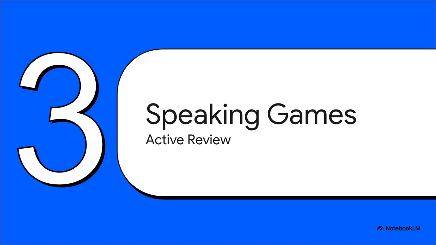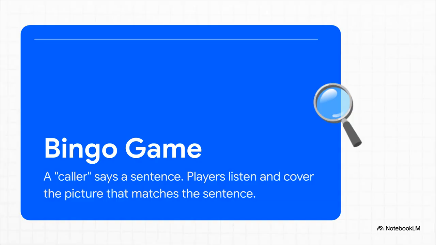You have done an amazing job with listening, so you know what that means. Now it's time to speak. We're going to check out a couple of fun games you can play to really practice all the English we've been reviewing. First up is bingo, right from page 56. Here's how it works. One person is the caller, and they say a sentence that describes one of the pictures on the game card. Everyone else listens and covers the picture that matches. The first person to get 4 pictures in a row shouts bingo.